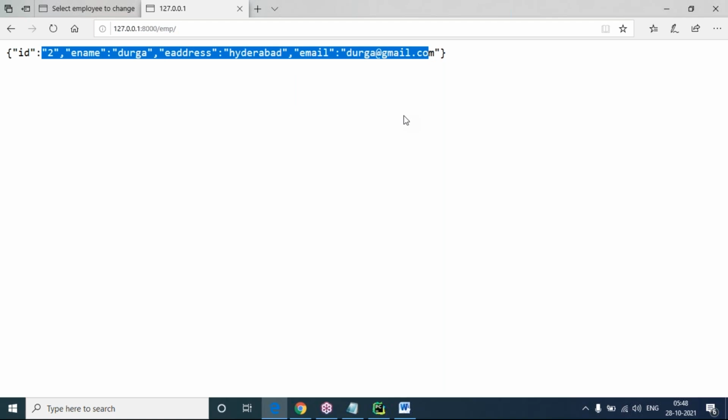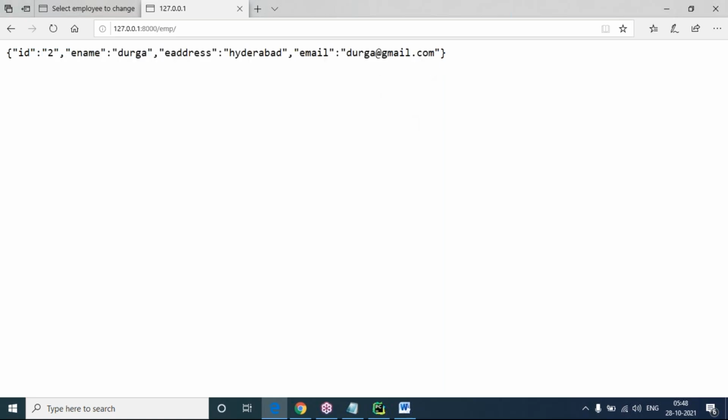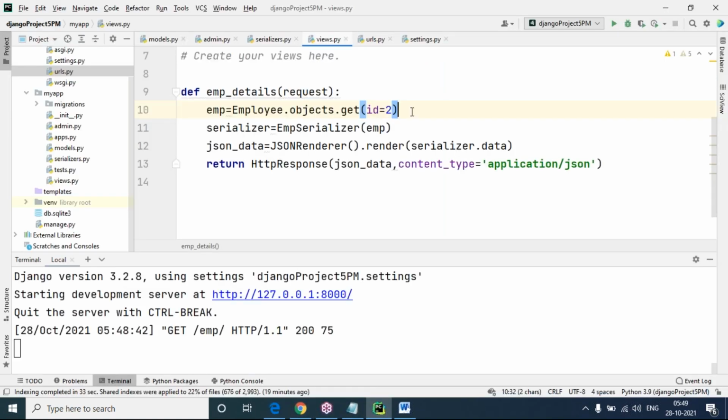But suppose what I'm trying to do in this case, okay. So id number 2, id number 1 I'm giving here. But directly every time you need not go back to the code, we need not change here. That's what I will do here. I am going to do pk. pk means primary key, you know very well. And this pk I'm going to pass here also as a variable.